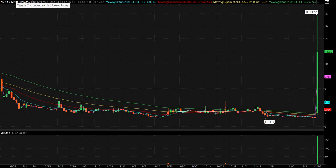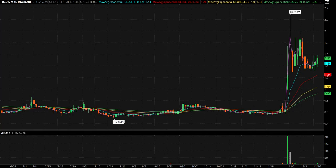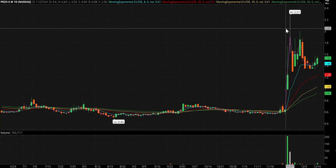NUKK is going to be on watch tomorrow. In after hours, it looks like it actually went to 19 at one point, so it's certainly one to watch. We're going to watch Teva, which had a nice breakout today, TEVA, PRZO. It's kind of had this nice pop and is coiling, but that's not why it's on the list. I noticed in after hours,